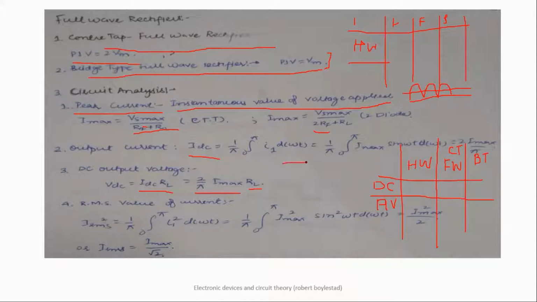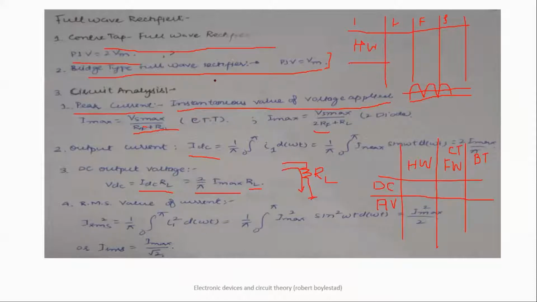So suppose this is your resistance at output, and here you are having value of RL. So what is the voltage across this? So voltage can be given by current into resistance. So current is IDC. So voltage is this much. So this much DC you are going to obtain at the output.